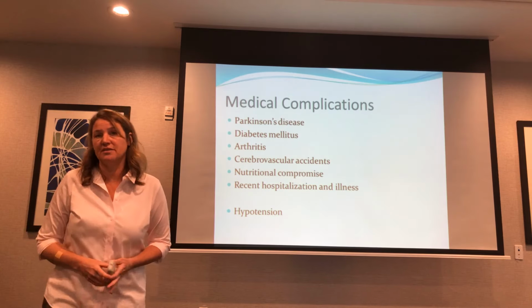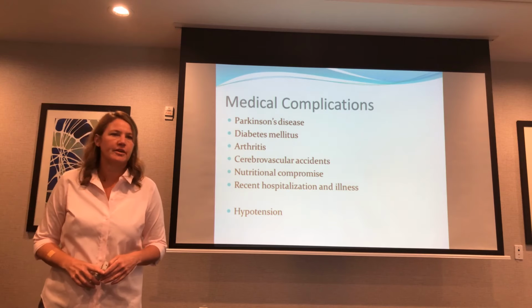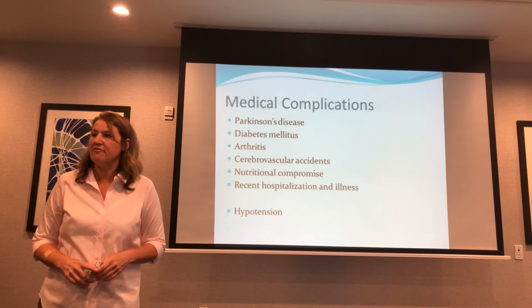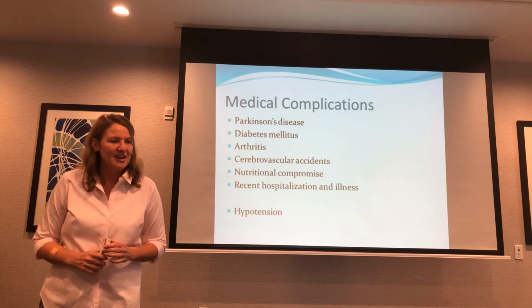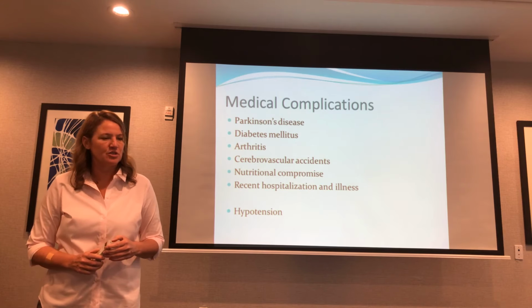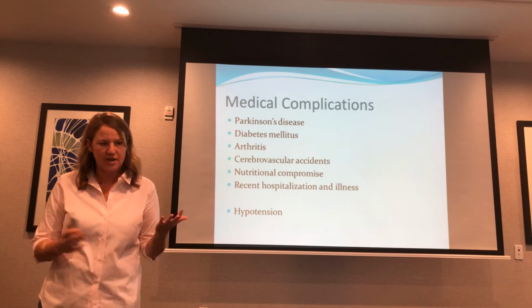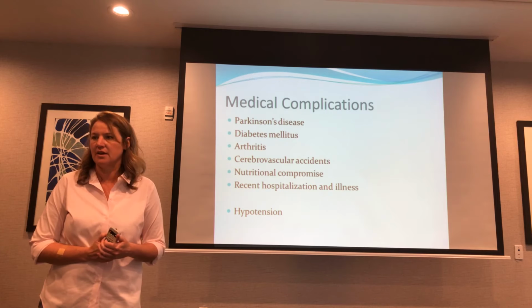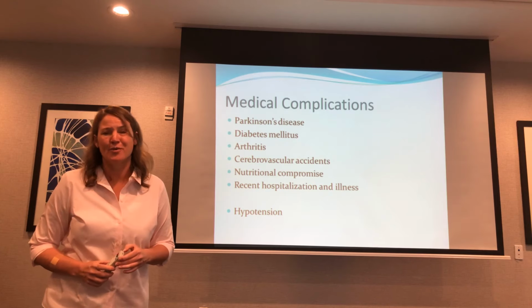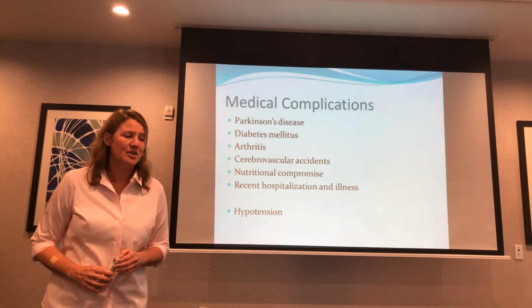With a CVA, you're automatically going to think everything could be missing, maybe on half. It could be half of everything: strength, range of motion, all of those things. But again, it leads you to look very specifically at all of those things and at what part of their brain was damaged.